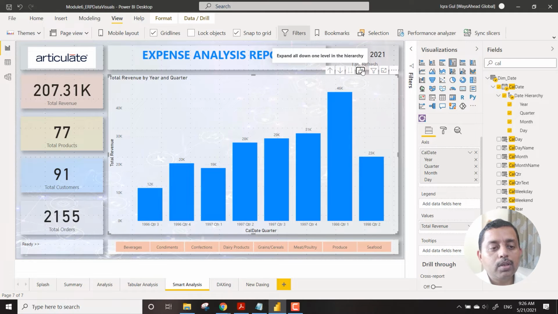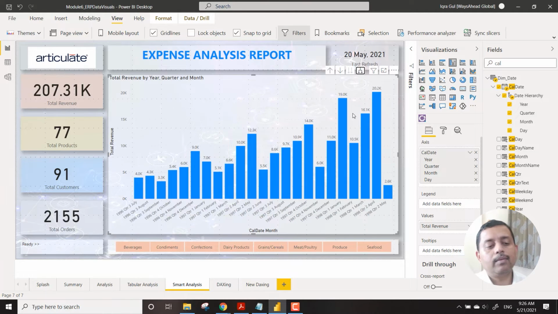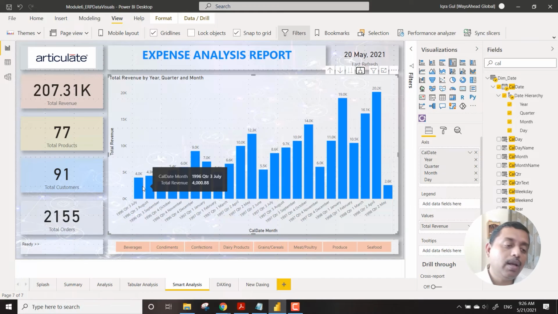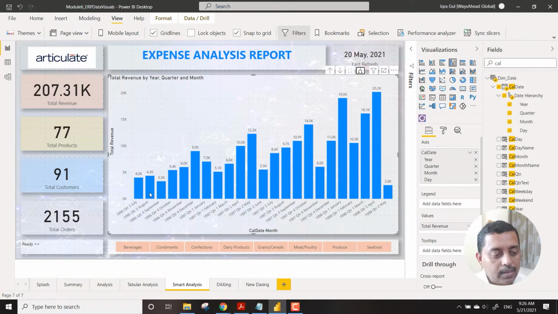Now we go to the next level and see something very unusual. We can see that the data only started pouring in from July, quarter 3 of 1996, which means that we do not have half of the year's data. The first 6 months of 1996 are not covered in this analysis.